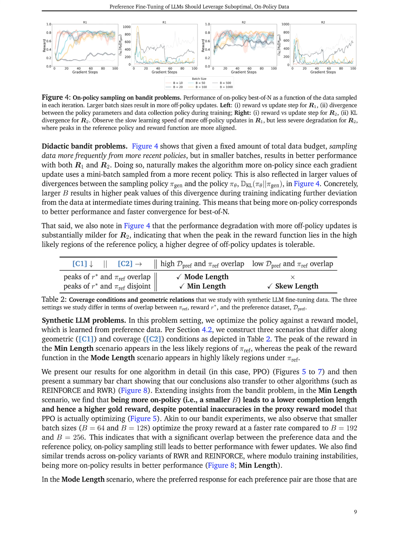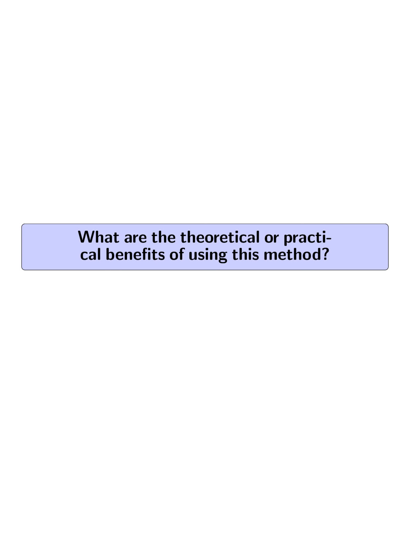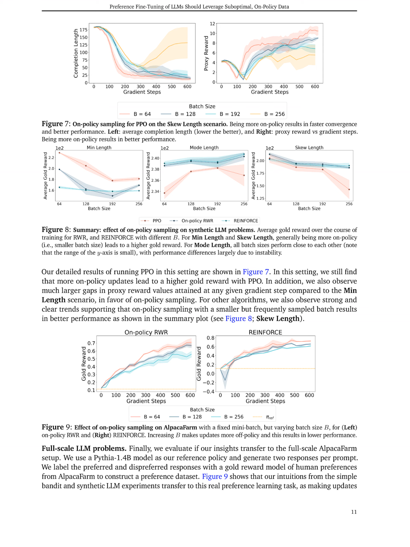The method is further conceptualized and theoretically analyzed to understand the benefits of on-policy sampling and negative gradients in preference fine-tuning of LLMs. What are the theoretical or practical benefits of using this method? The theoretical and practical benefits of using the method described in the paper lie in the unification of on-policy sampling